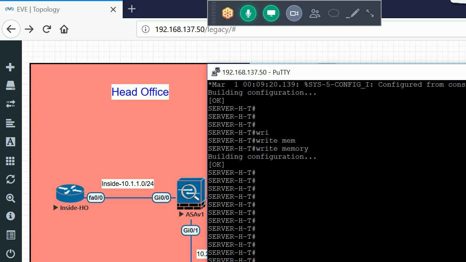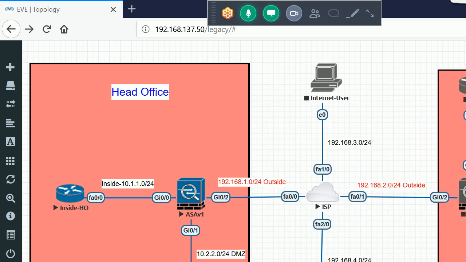Anyone know what is the port number for telnet? Write in the chat box. And for the HTTP service? Okay, cool, great. So now we have a DMZ server.